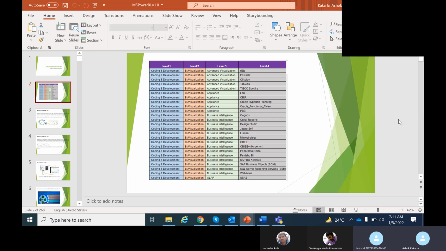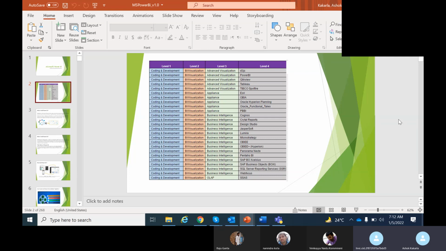A report contains a collection of pages. Each page contains information, and that information can be presented to higher-level people for decision-making purposes. In the same way, there are many reporting tools which can be used to design these reports. The list I have presented shows the reporting tools available in the market, and we can categorize a few of them as reporting tools and a few as